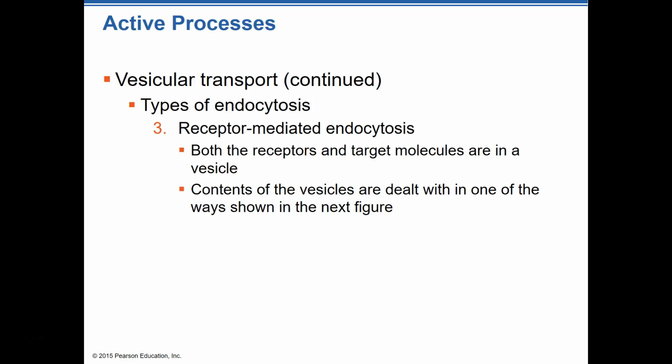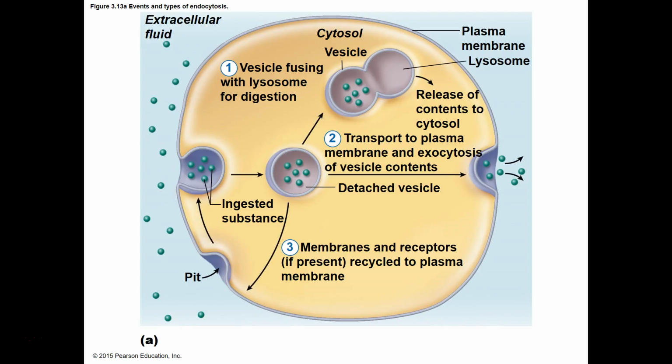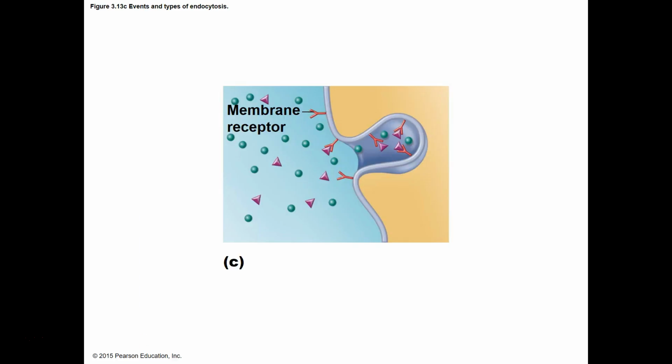And then, of course, both the receptor and the target molecule are brought into that vesicle. And usually the target molecule or the receptor is replaced. It's brought back out to the surface of it. Kind of like we see here. It's exactly that same picture that they're showing us over and over again. But we see this. Here's a good example of it in this picture.